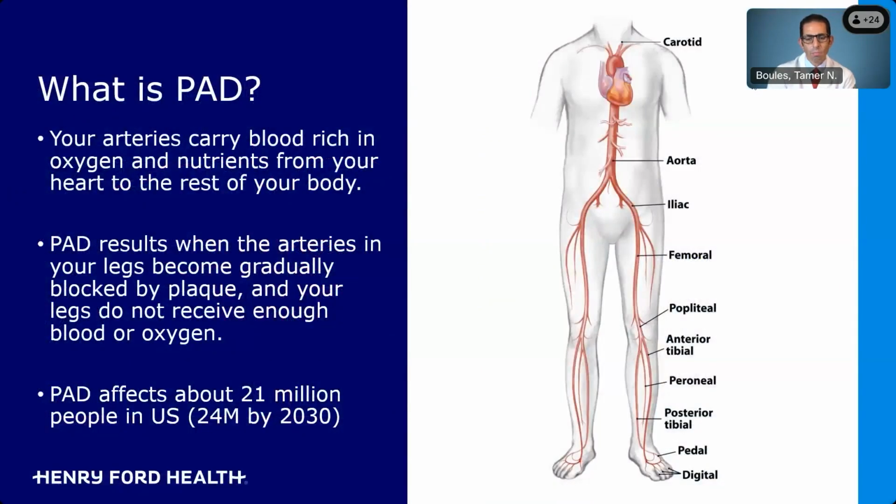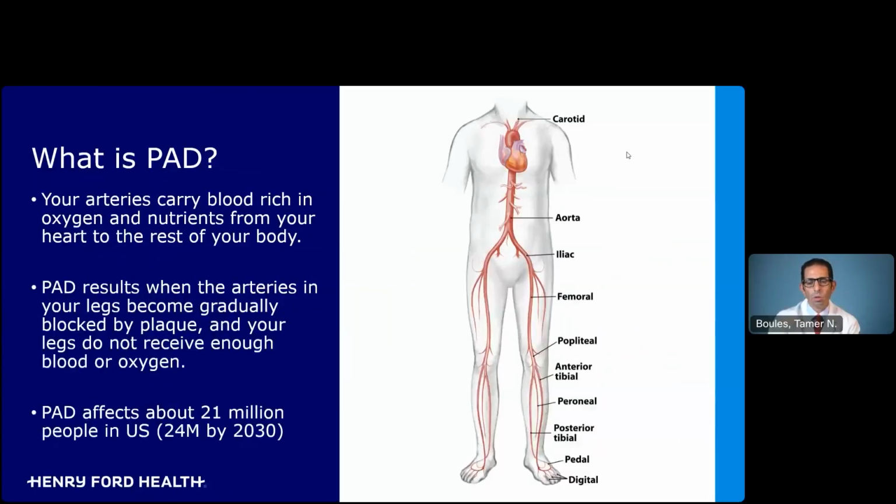So what is peripheral arterial disease? Well, to understand that, you have to have some understanding of how the circulatory system in your body works. It's divided into arteries and veins. The arteries are the main blood vessels that carry blood rich in oxygen and nutrients from your heart to the rest of your body. And those are the ones that are most in question when we're talking about atherosclerosis and